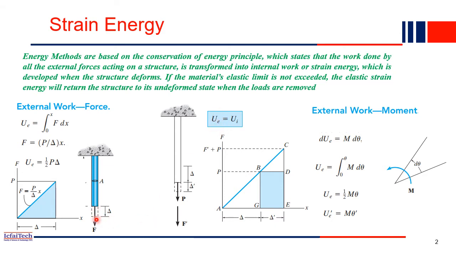So like force F is applied, because of which delta, the deflection, happened. So how much work is done? It is F into delta, right? That much deflection and that much work done happened. So that is external work done. That external work done will be stored in the material or in the structure in terms of internal energy. So UI is basically the internal energy.